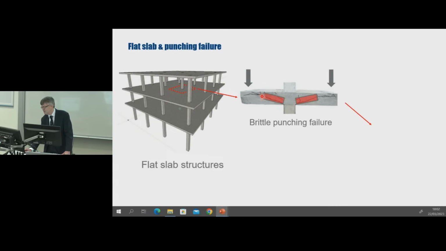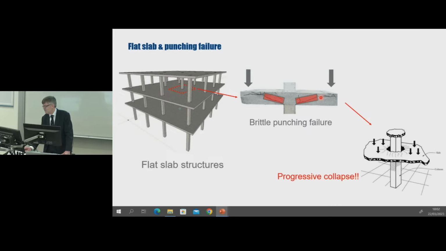So this image here shows a slab that's failed in punching shear, and you can see that that's characterized by the formation of these diagonal shear cracks in the slab around the column. At failure, the slab separates from the column, leaving a cone of concrete behind attached to the column. Punching shear failure is undesirable since it can lead to a progressive collapse where the failing slab collapses onto the slab below, causing it to fail in turn. This is known as a pancake failure.